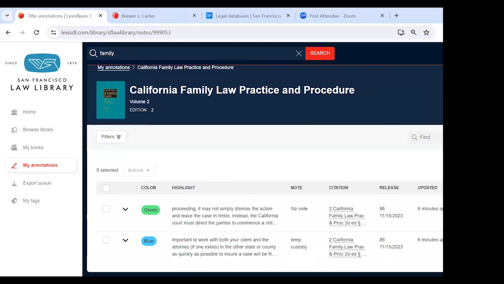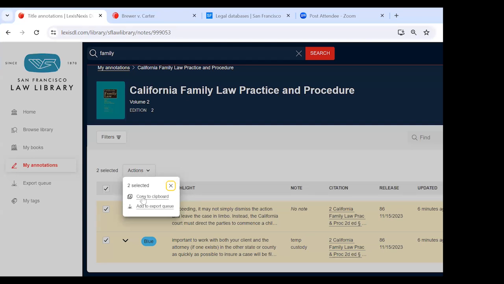that's going to show me all of the notes and highlights that I added to that volume. It'll tell you what color you highlighted them in, what you highlighted, any notes that you added. There's a citation, so you can jump right into it if you need to. And then from here, I'm going to just pick both of them here. But when I select them, you'll see this action appears. If I click on that,